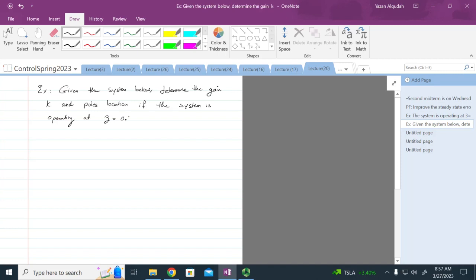Okay, so we're going to solve this for this value of zeta, but apparently you can solve it for any zeta. So the system that we've seen